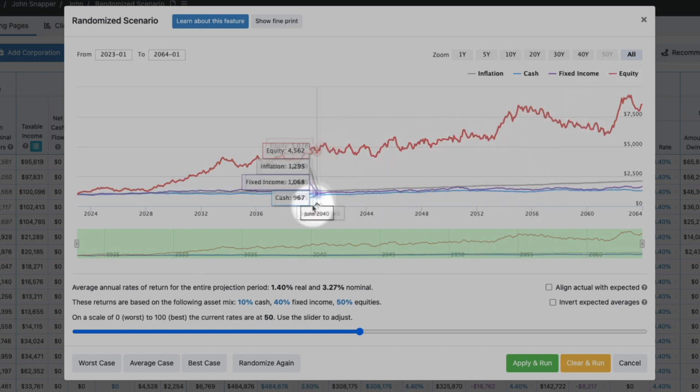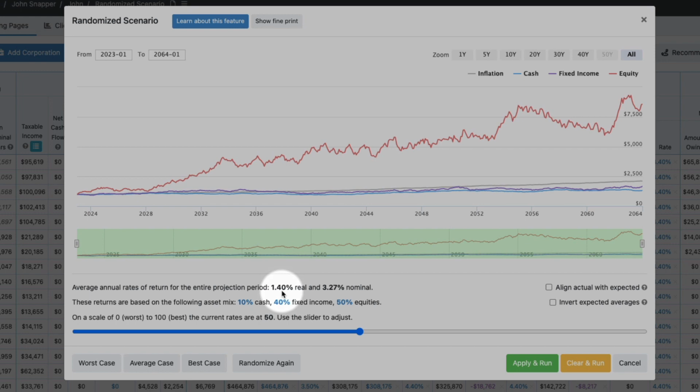And we are looking at the 50th position, which is the average case, as indicated under the slider right here as well. When we click on the randomized button, Snap has created 101 randomly generated sequences of rates of returns. For these 101 sequences, there's the slider you can adjust from the real rate of return worst average to the best real rate of return average. And as we look at the real rate of return of 1.4%, that's about a median case given our input